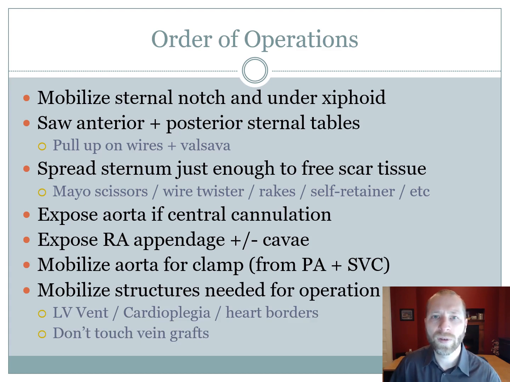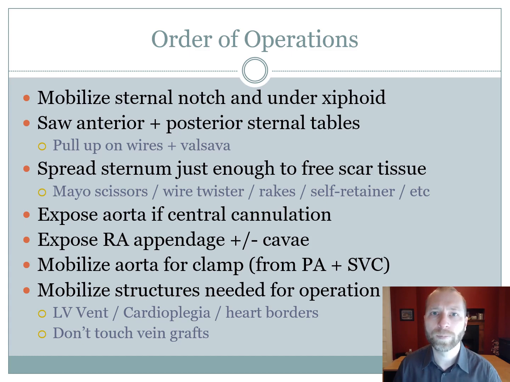If you need to place an LV vent, you're going to have to go down and expose the right superior pulmonary vein. If you need to do retrograde cardioplegia, then you're going to need to go down onto the right atrium where you can get a retrograde catheter in. If you're doing coronary bypass, you're going to dissect fairly extensively free the heart border so that you can actually reach around the back of the heart or the other coronary territories if necessary. And very important that you don't touch any of the vein grafts because they all have a soft, cheesy material in them. And if you actually manipulate the grafts, you can very easily knock loose some of that cheesy type material and